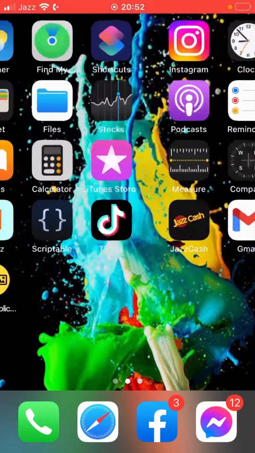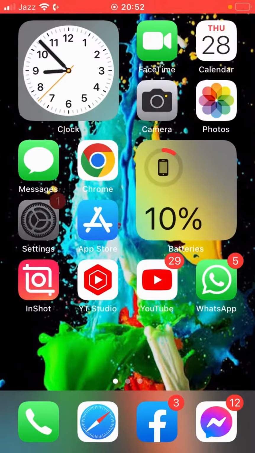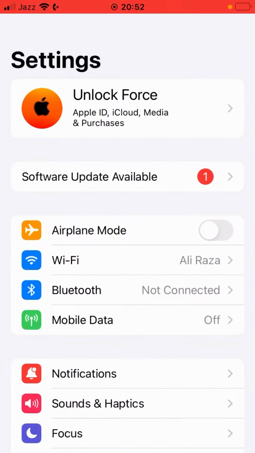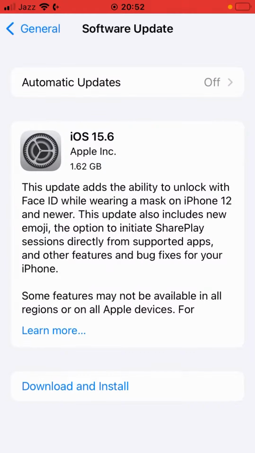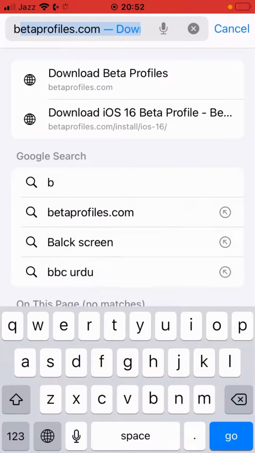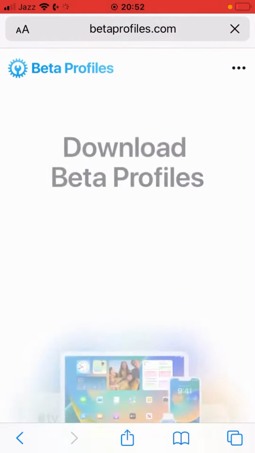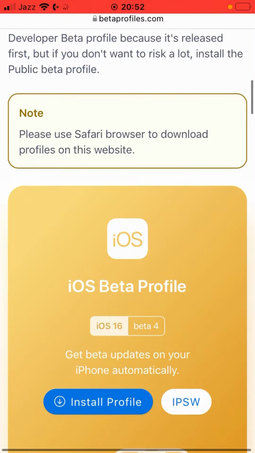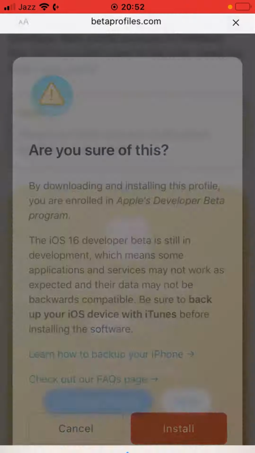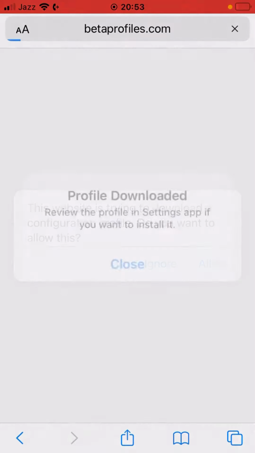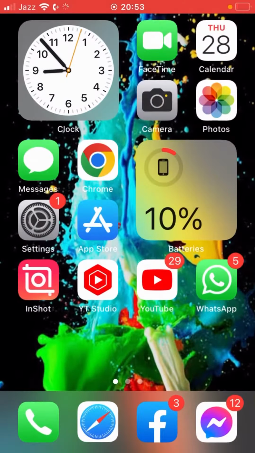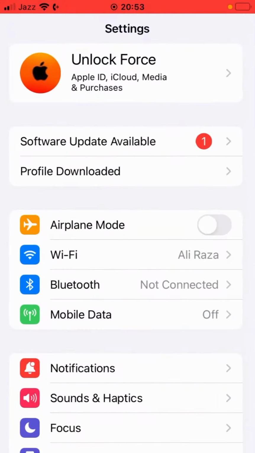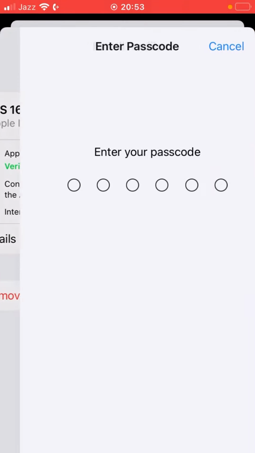In this video I'm going to show you how to download iOS 16.1.2 beta 4. So let's get started. Without wasting any time, first of all, open up the Safari browser and search for betaprofile.com. Scroll down, tap on install profile, tap on install, tap on allow, close it, go back, open up settings, tap on profile downloaded, tap on install,